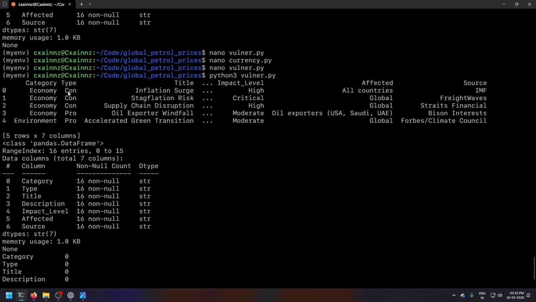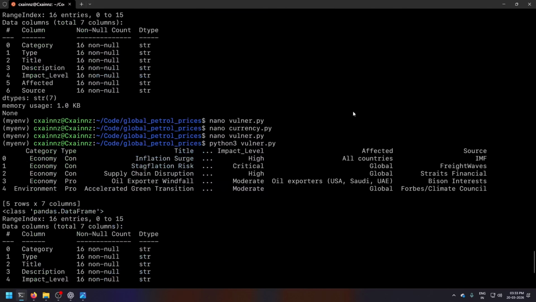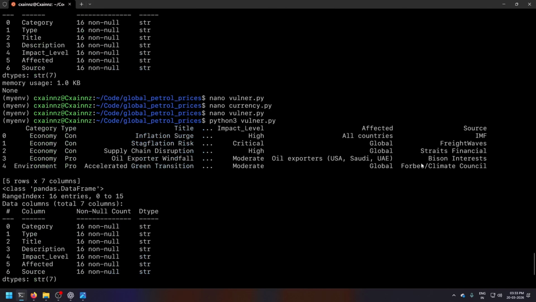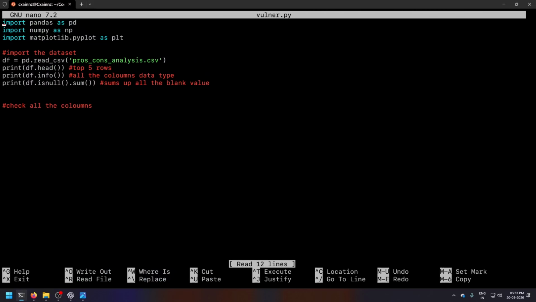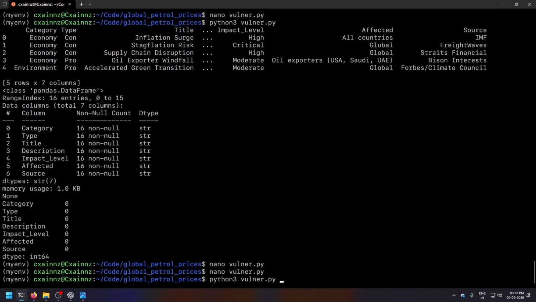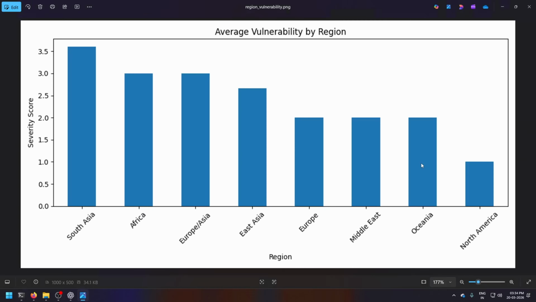We have types as con, pro, title, impressions, impact level high, affected, all these things. Actually, all of these things are important. Okay, so let me just print df, simple as that. Oh, it can't show all the columns.